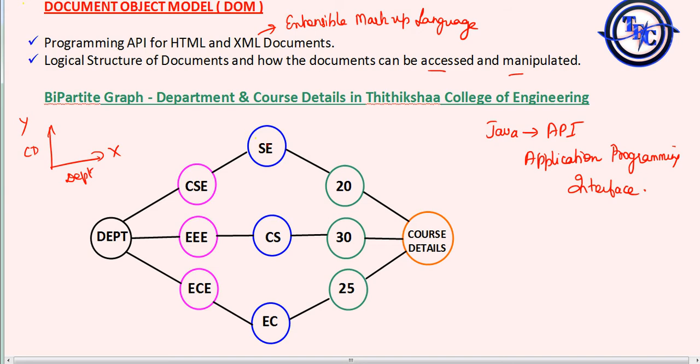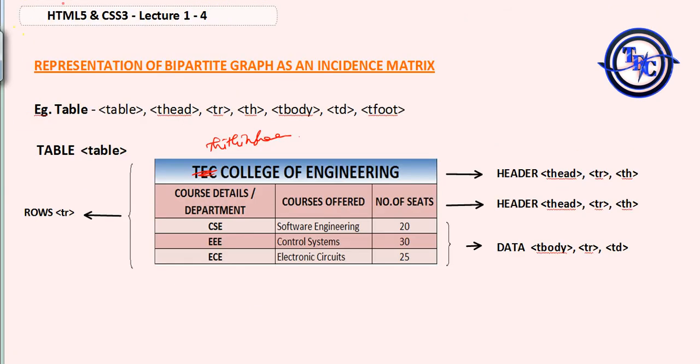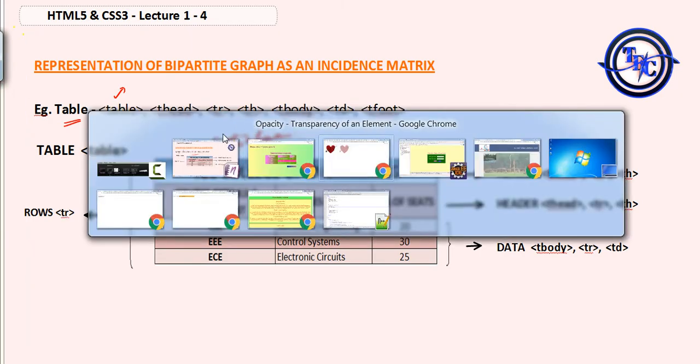So in such a case, go over here and present it as a table. Obviously anyone knows what a table is, right? Looking at this, she can understand: it's the Diksha College of Engineering, and they have these many departments, these are the courses offered, and these are the seats provided. So before explaining all this, I have told you about tags in HTML. For a table I'm using the table tag. If you use a table tag, everything will be aligned inside the table. I'll show you an example for this.